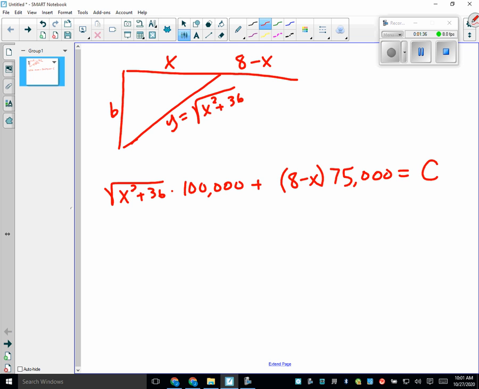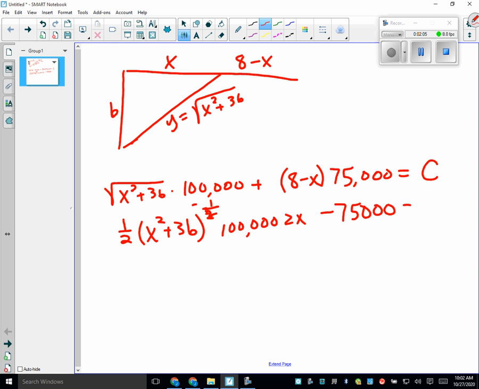So the derivative of this is 1/2 x squared plus 36 to the negative 1/2 times 100,000 times 2x. Minus 75,000 equals 0. Is that right? Yes. Which is